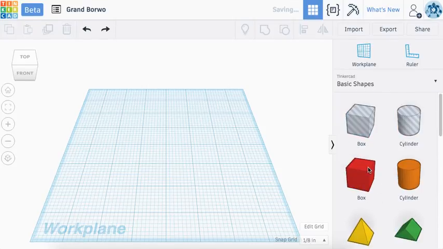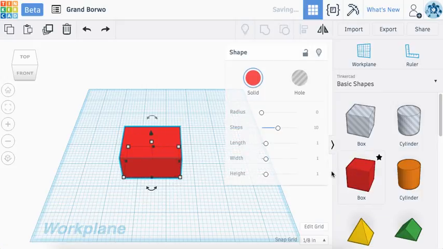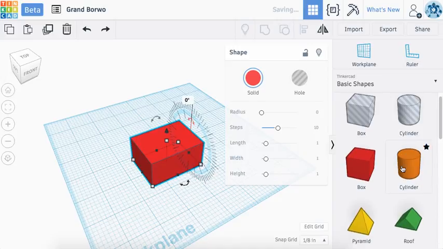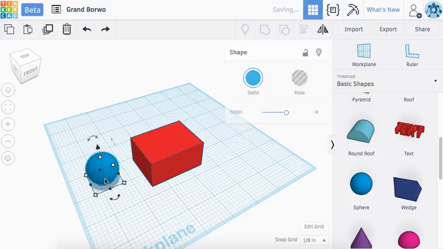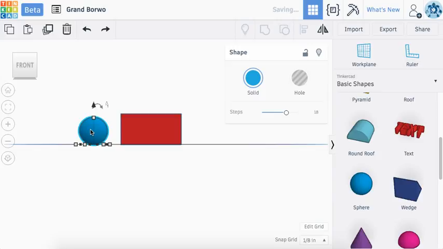One nice thing about this software is that as soon as you start having some of your basic forms in place, you can manipulate them by deleting out specific areas. So right now I just put a box in there, pretty good box. But let's say I want to give it a divot on the inside that's almost like a bowl shape. So I'm going to take a sphere because the sphere form is closest to giving me the kind of concave look. What I'll end up doing is I can take my form,